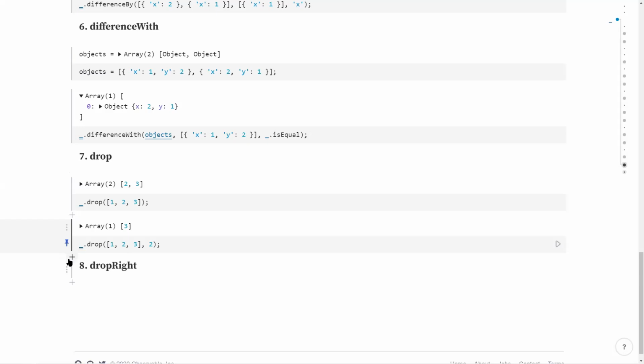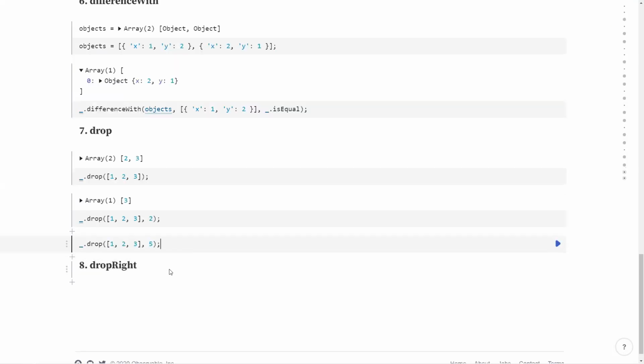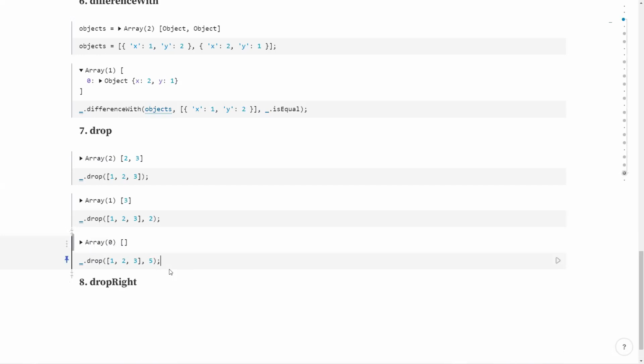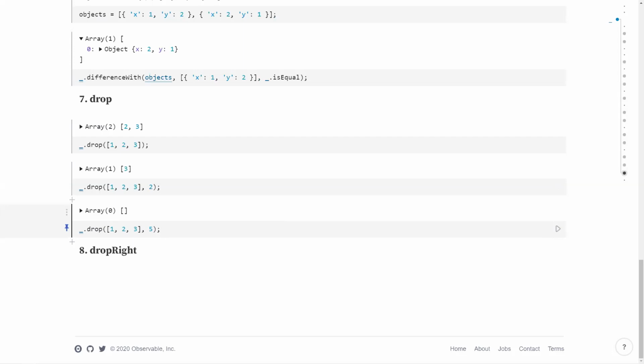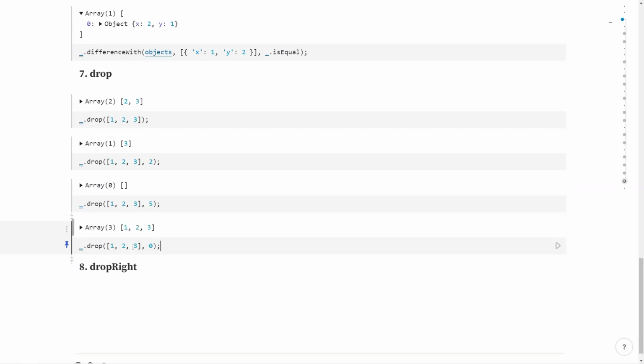And if we say more than the length, then also it will work. It won't give any error. See, we are having only 3 elements, and we are saying we want to remove 5 elements from the front. So we should expect an empty array as a result. And if we don't want to make any changes, then we can give it 0, which is useless if we think directly.